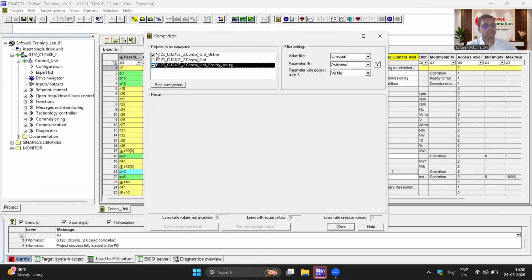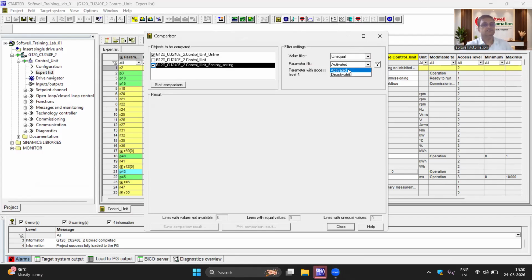So just select factory setting and click here on start comparisons. And right now, on the right side, we can see which type of comparisons: unequal, equal. So right now I want only unequal parameters. Okay. Deactivated, activated.